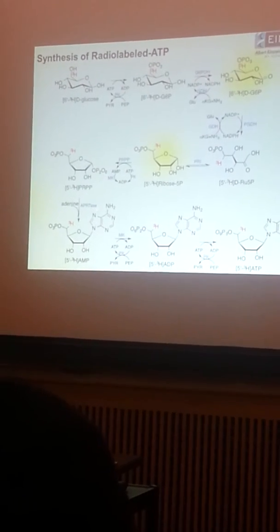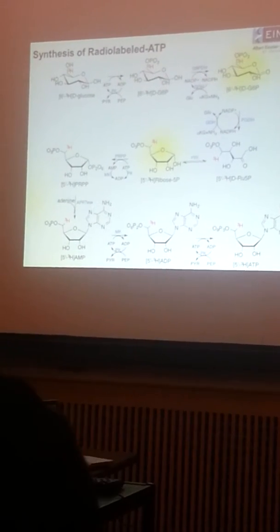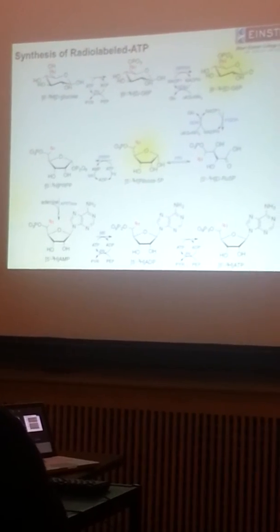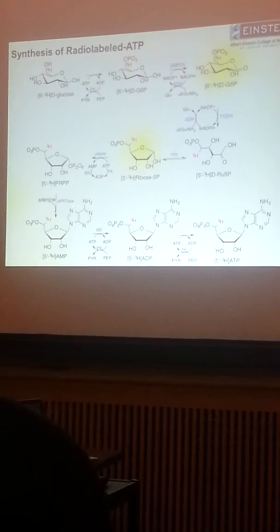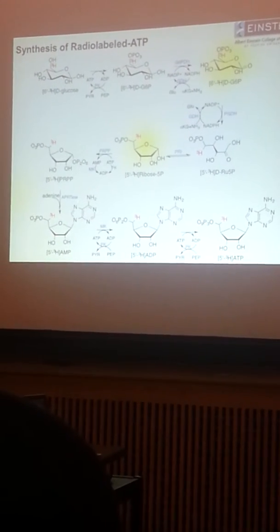So first, the radio-labeled ATP will be synthesized. We start with D-glucose, and then with several enzymes, you will form phosphoribosyl pyrophosphate. And with adenine phosphoribosyltransferase, adenine will be transferred to the PRPP and then give you the 5' tritium